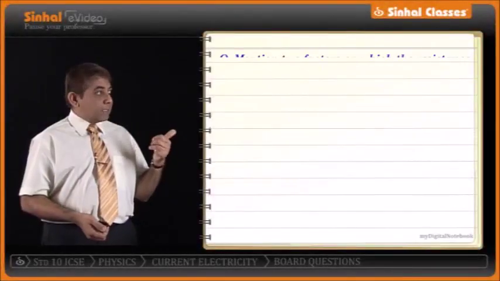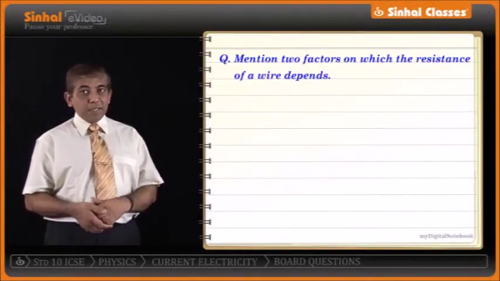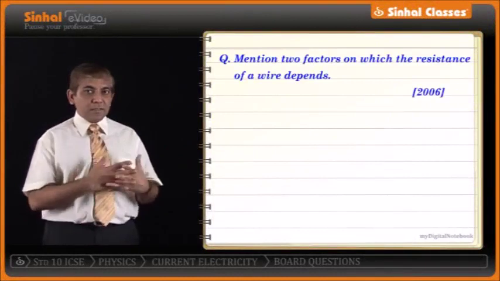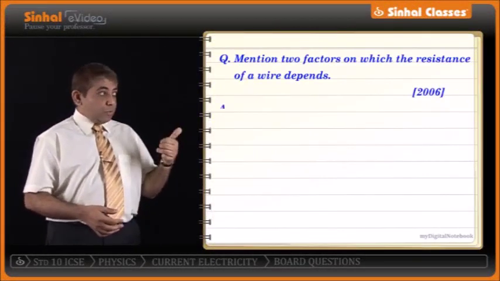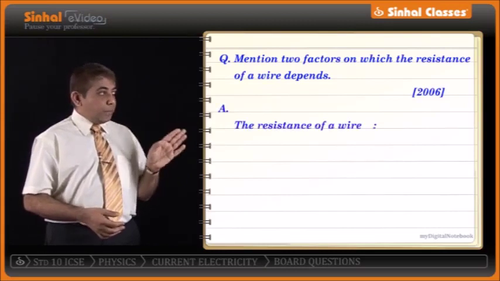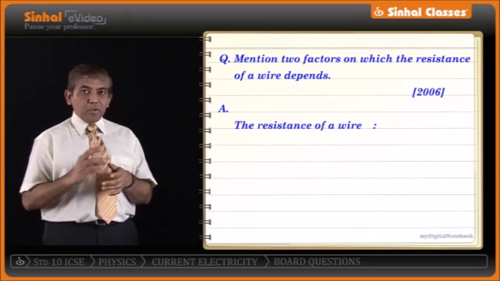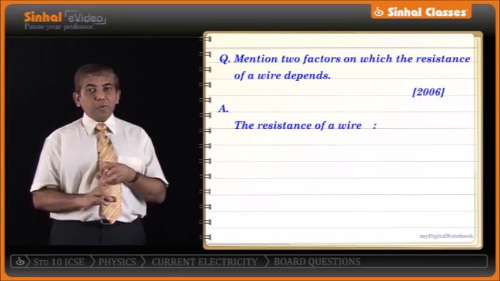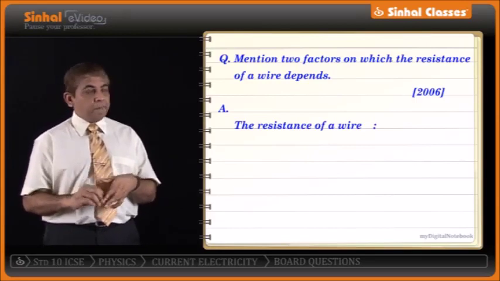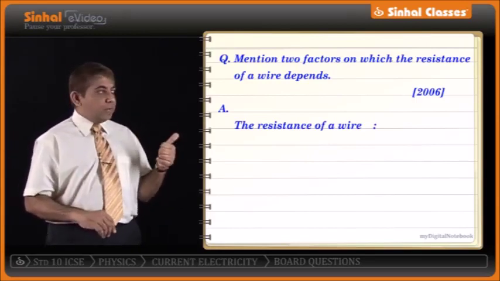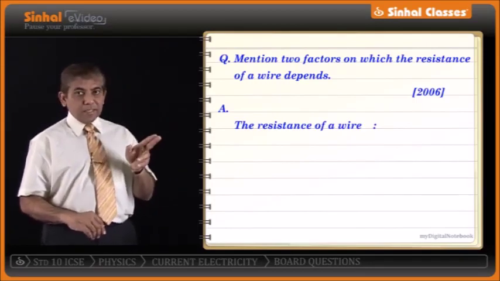Talking about 2006, mention the factors on which resistance of a wire depends. See, I told you, this is a very simple question that is asked in this particular sector. The answer for this should be: the resistance of a wire depends on... Now, whenever they are asking you a question of dependency, remember you're always going to talk about the proportionality, whether it is directly proportional or inversely proportional. Considering directly proportional and inversely proportional, we say that the factors on which the resistance of the wire depends are,